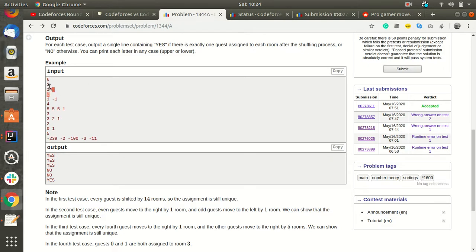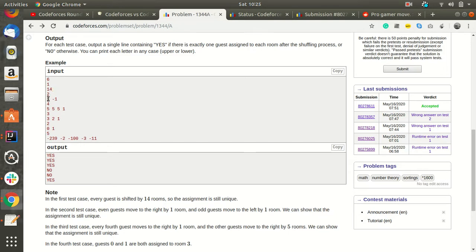So it's 1, then 14, the array is of length 1 and has value 14. We can check 0 plus 14 mod the array length, which comes to 14. If 14 is unique, there are no collisions.